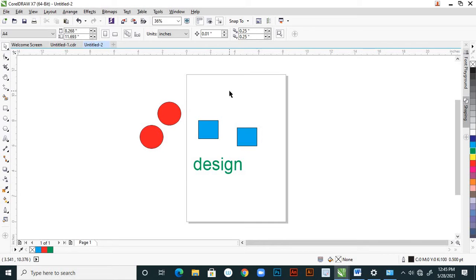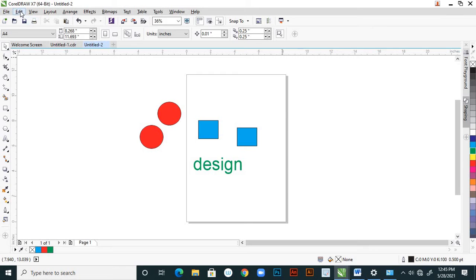Sometimes you have to find objects. Suppose there is a big design, and in it you have some squares, circles, triangles or curves, some patterns with the same colors, and some shapes without the same color. Within those different objects, shapes and colors, you can find your similar objects by using this find option. So where will we get that?